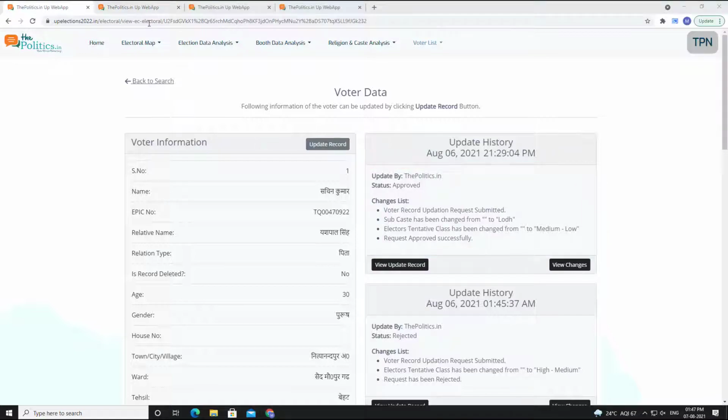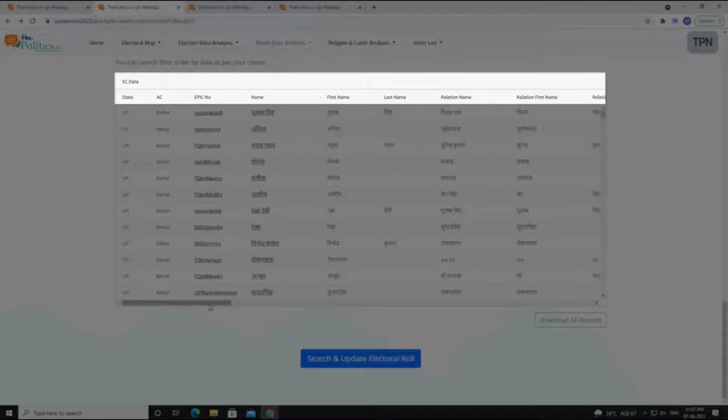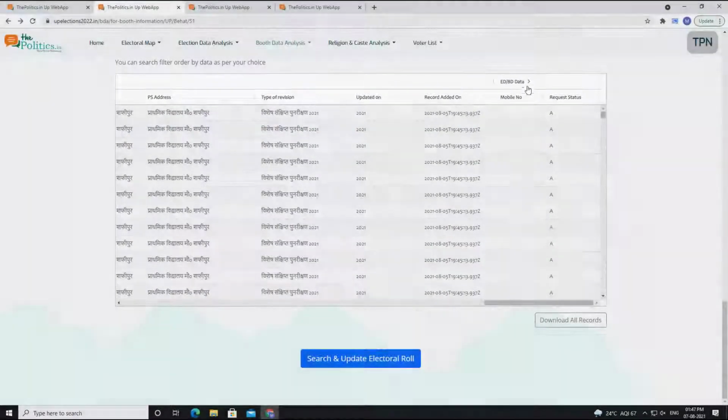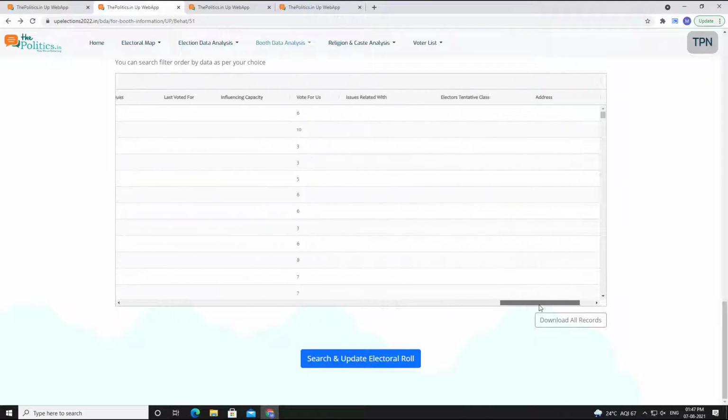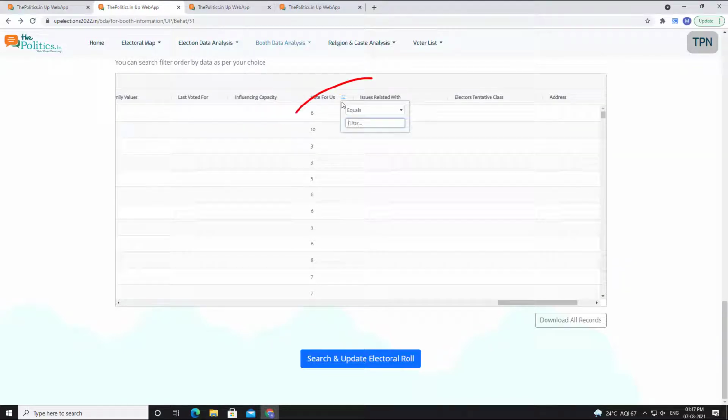Moving further, various parameters assigned to voters makes us reasonably guess the booth results and in turn the assembly as well. For example, the number assigned to the score, whether somebody is going to vote for us or not, takes a value between 0 and 10. Once we have all the scores in a booth, we can filter and count the numbers higher than 5 and can have the number of voters who will probably vote for us.